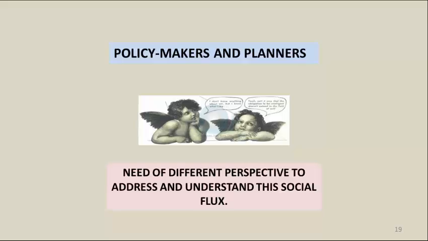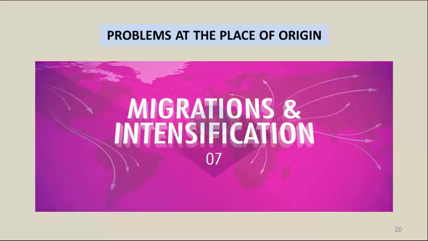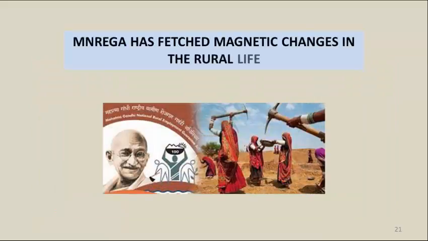Now, one giant step that the government has initiated was the Mahatma Gandhi National Rural Employment Guarantee Act, that is MG-NREGA, as it is well known. Now, MG-NREGA has fetched magnetic changes in rural life, economically and socially. It has made sure that each adult member of a family, male or female, is provided with 100 days of work in a year. And this is certainly raising the purchasing power of the family,